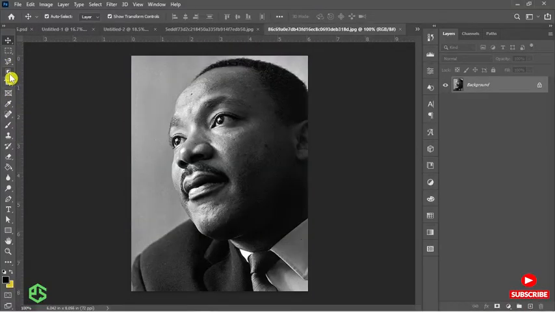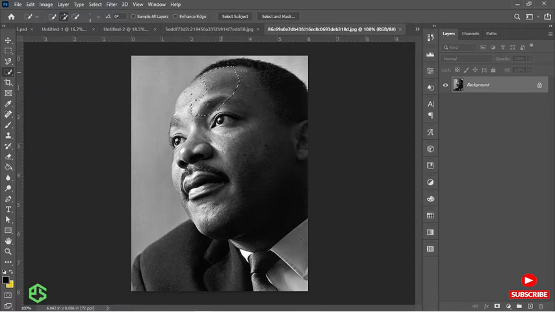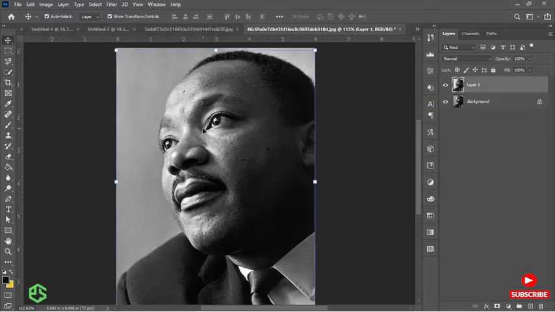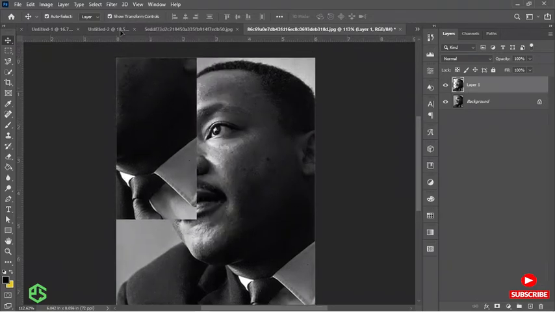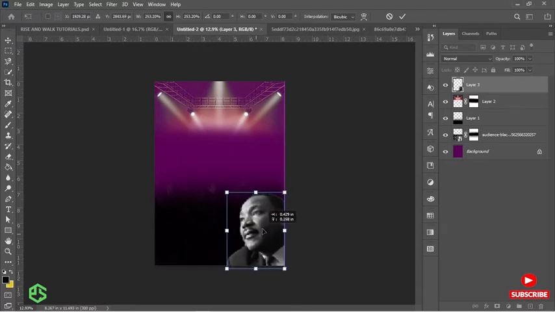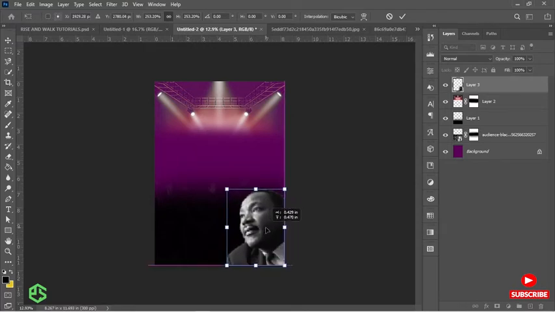and then I'll make a selection. So you can use any of the selection tools. For this case, I'll use quick selection and make a selection around the picture man like this. Alright, Ctrl J to make a duplicate of it, and I can move this one to my work, then scale it a bit like this and position it like this,